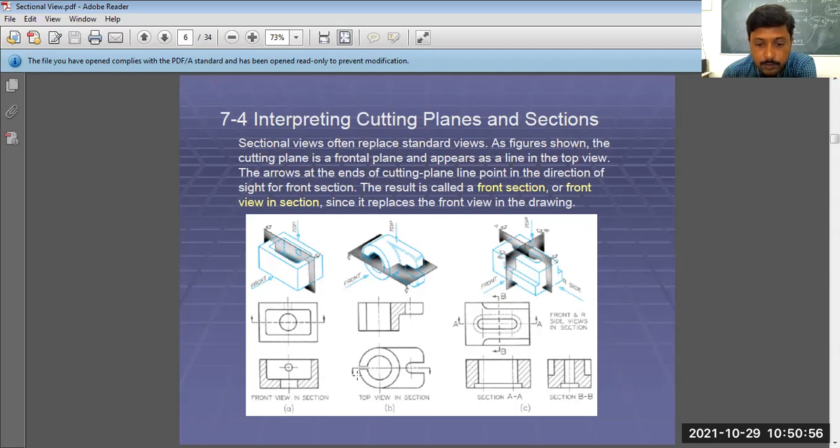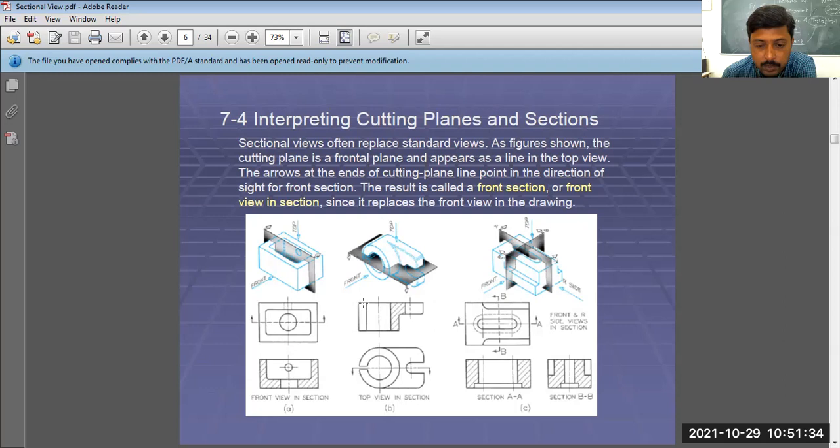Now the direction of pulling is downwards. I have shown this direction of pulling as downwards. Now what will happen? This upper part will get removed, and from the top view, when I remove this part, I will be seeing this part as a sectional view. Just neglect here. Here what happened? Some part is not shown here because it is not completely joined.